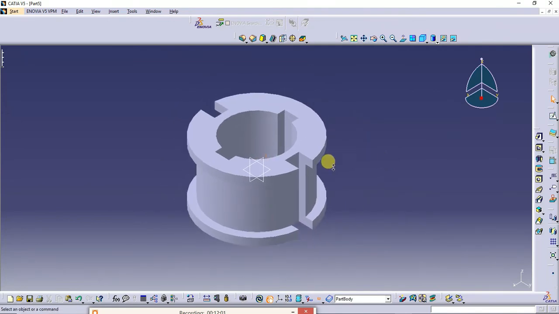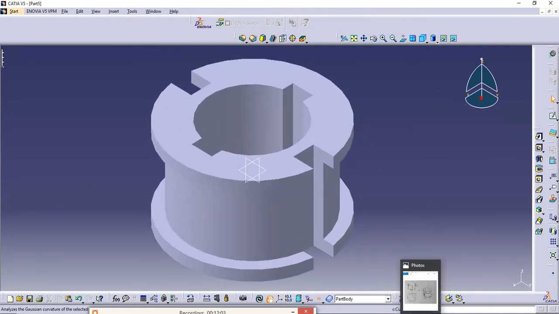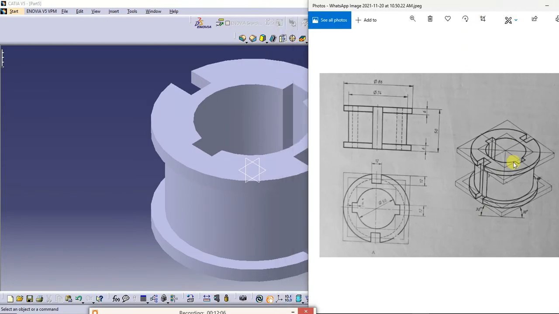This is the isometric view of the component. Finally, we have designed this component here.